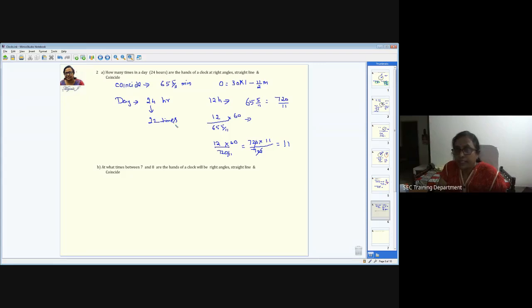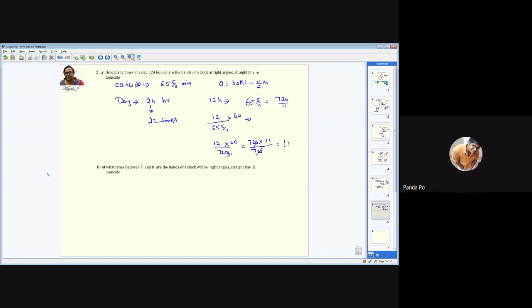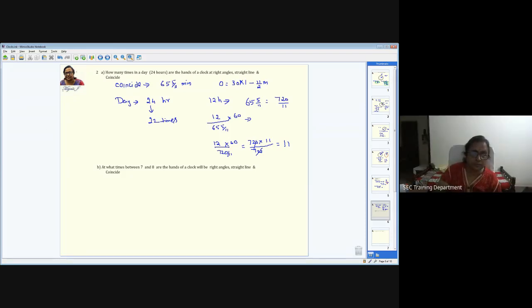And how many times will they be in a straight line? See, where is the clock? Only one time. Draw that. Coinciding is like having the same line, one above the other. When I say straight line, it's going to be straight like this. You can just imagine like one full rotation when it makes, it's going to coincide at one time, right? Similarly, the minute hand will coincide here and then come here. It becomes a straight line. Again, it will go back. Again, next time it comes, it will come here, right?